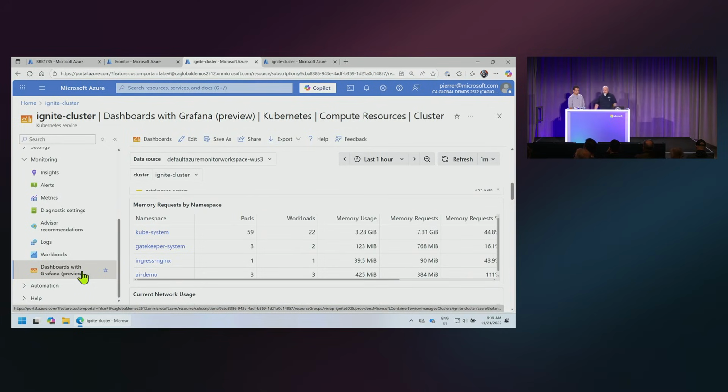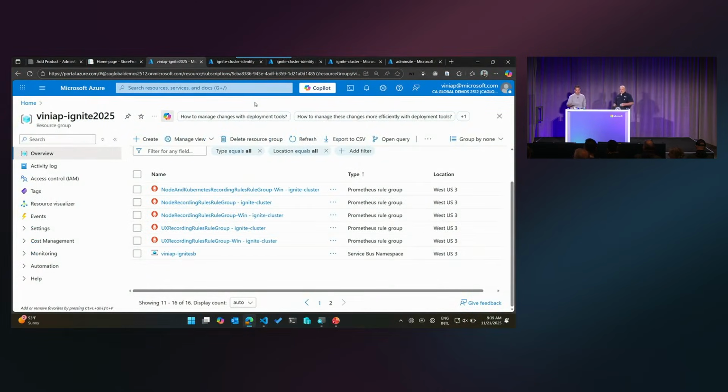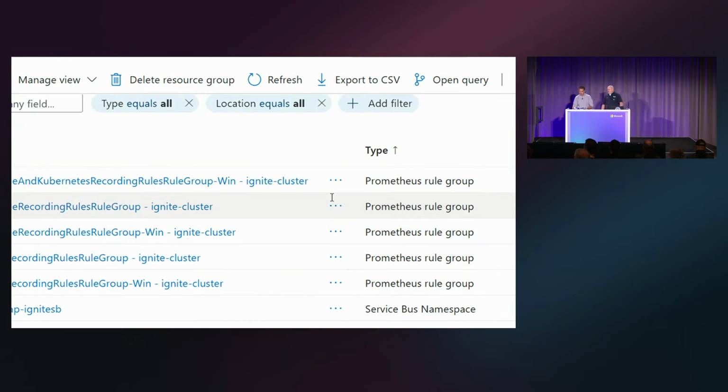Yep. Do you mind if I show something real quick? Absolutely. So what Pierre was saying is, all the data from your cluster and your application is exposed to the Azure platform just like a VM, right? If you are using Prometheus and Grafana as a dashboard to see the Prometheus data, one of the things that you want to look into is the Prometheus rule group for what are the rules for collecting data.